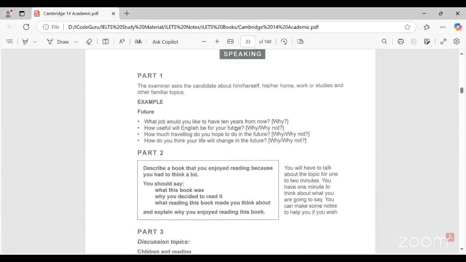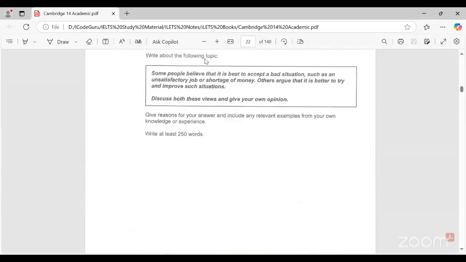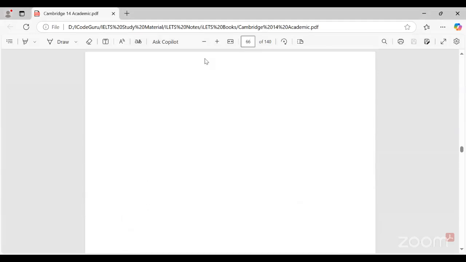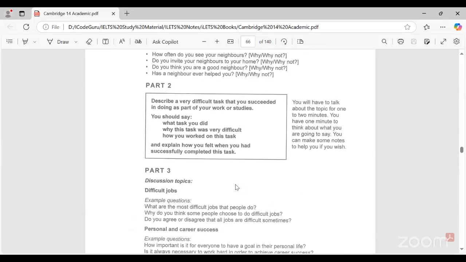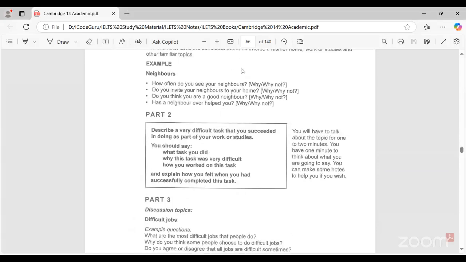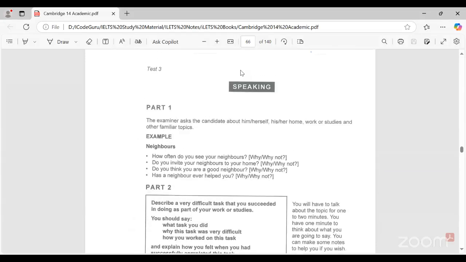So let's start our practice session. Who would like to practice part one? Who would like to give an answer for part one? Anyone who would like to answer? We have done this book topic. This is also the topic which we had, and let's move to the test score for this book, because this was the topic we were doing last time.